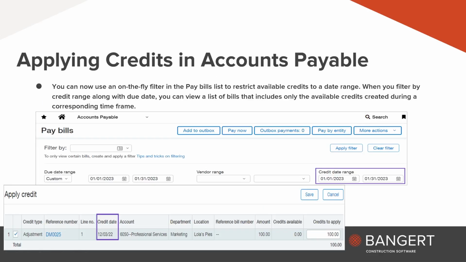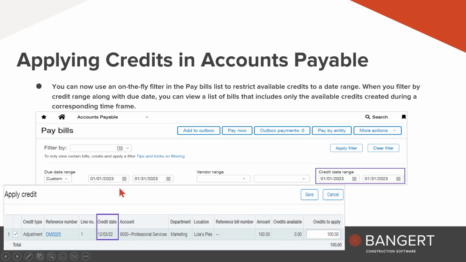The next feature I want to talk about, the next release enhancement or highlight, is applying credits in accounts payable. So now you can use an on-the-fly filter in the pay bills list to restrict what credits show up. You can see right here in this credit date range in this purple box, you can now put a date range in.